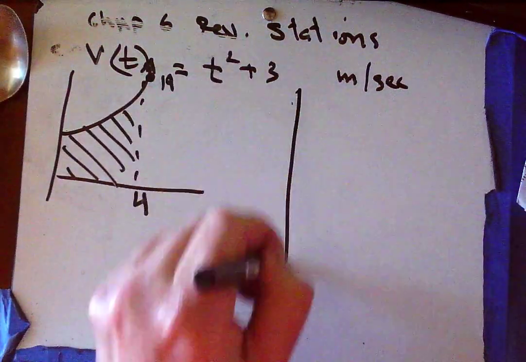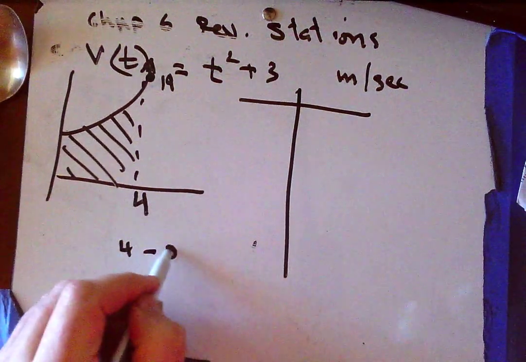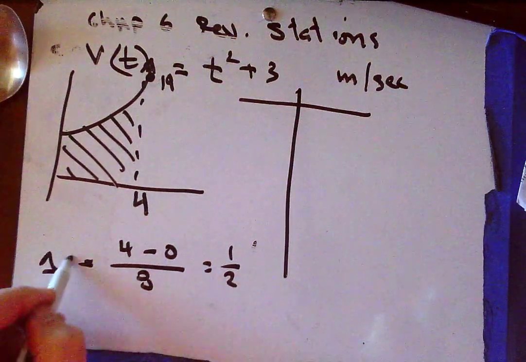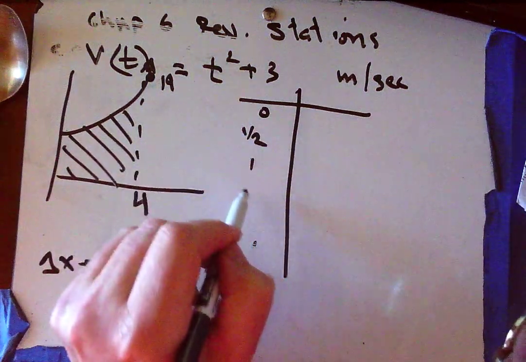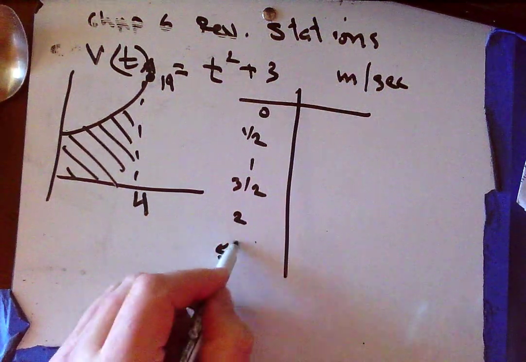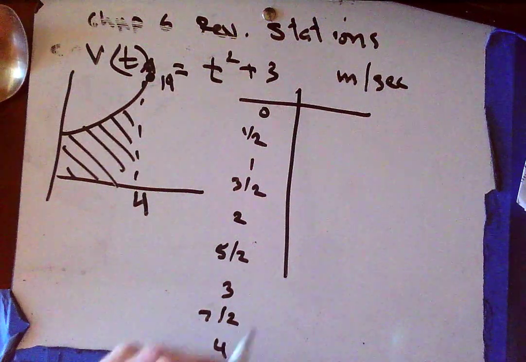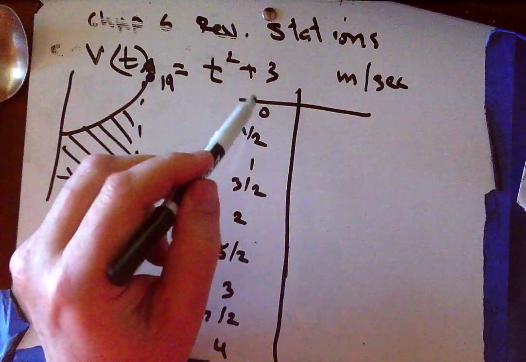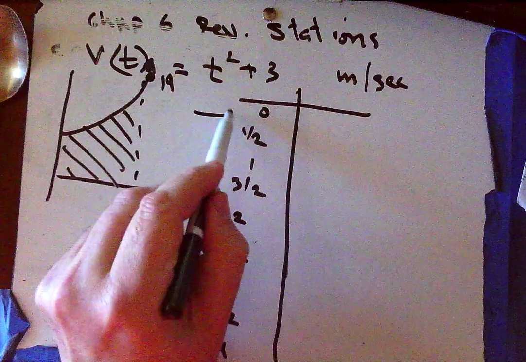So what's my t-chart going to look like? Well, if I do 4 minus 0 over 8, I see that the subinterval width needs to be 1/2. So 0, 1/2, 1, 3/2, 2, 5/2, 3, 7/2, and 4. But wait, there's more, because while it's true that's the subinterval from 0 to 1/2, we actually need to